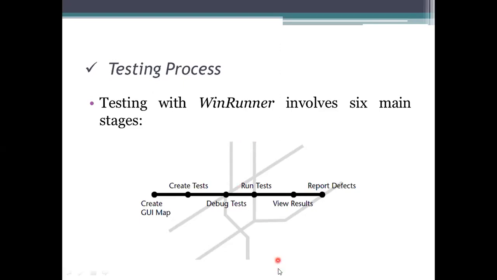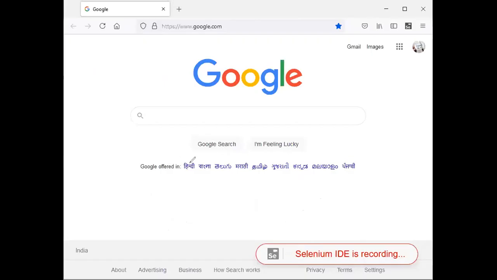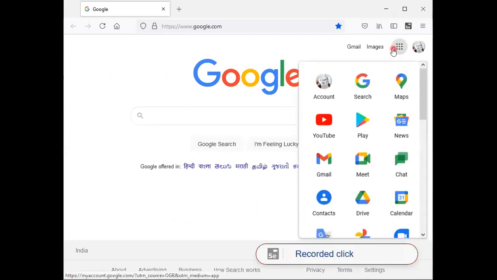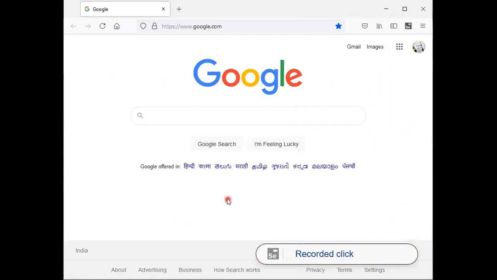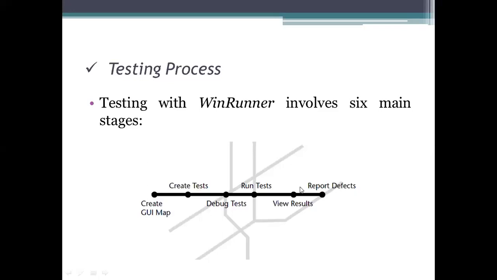Let me show you. See here, it is also for performing Google, offering the languages, all these things here. And also if you see, it is providing the account, search, maps, and then next to that YouTube, Play, News, all these things. It should know what things have to be presented and performed in that one. So the thing here is we need to consider whether these things have to be recorded or not. We should know.